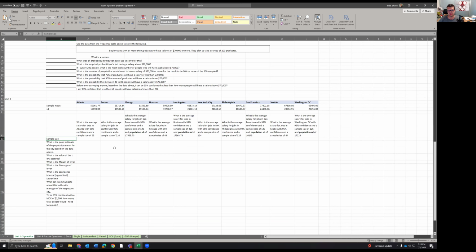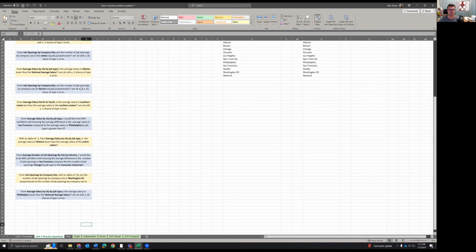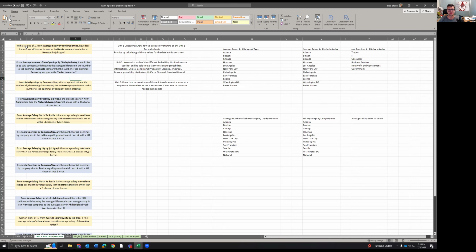And so what is the average salary for jobs in Atlanta with 95% confidence, average salary of jobs in Seattle, average salary of jobs in San Francisco, and so on and so forth. It has all these questions. I give you a lot of the information right here, or sometimes I give you population information right here. And then coming right in here, the way that this is set up, I've got a whole bunch